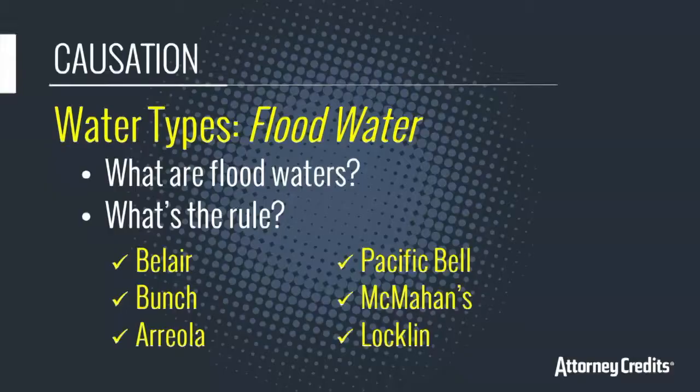Okay, strict liability. Let's switch gears somewhat. I want to talk about two of my favorite cases, Pacific Bell and McMahon's. Why are they my favorite cases? Well, because you're getting back to, I would say, the traditional inverse condemnation strict liability analysis. These cases, I think, are fun because these cases in particular are somewhat easy to digest. So what are the facts of Pacific Bell?